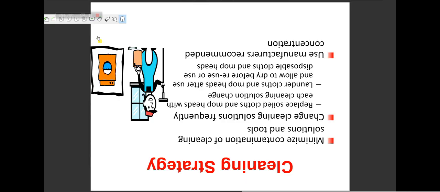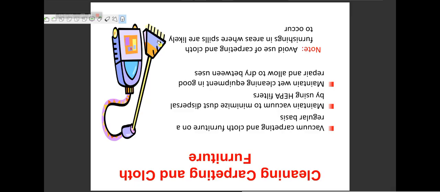And here we should always replace soiled cloths and mop heads with each cleaning solution change, right? Launder cloths and mop heads after use and allow them to dry before reuse, or use disposable cloths and mop heads. So we should always replace our soiled cloths and mop heads, right? And launder cloths and mop heads after use, and allow them to dry before you use them, right? And we should always use the manufacturer's recommended